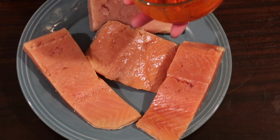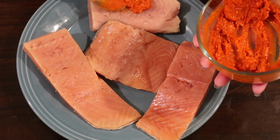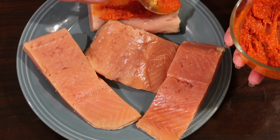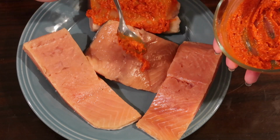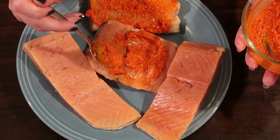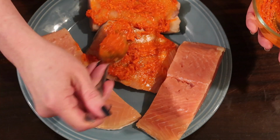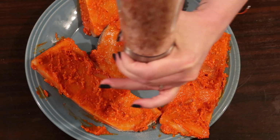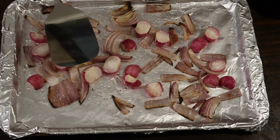Now I have 4 about 6 to 7 ounce salmon fillets here, and I'm just going to spoon our harissa mixture on top of each of these and spread it out evenly, and then let these just sit with the sauce on them at room temperature while our radishes are cooking for the first go round. Topping those with a little bit of Himalayan pink salt and ground black pepper,